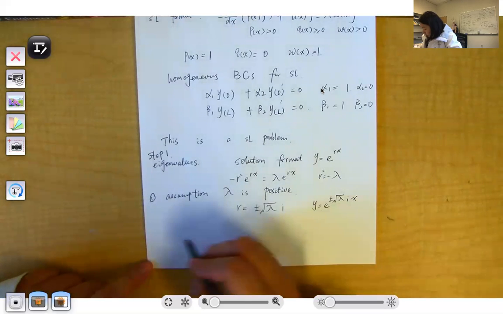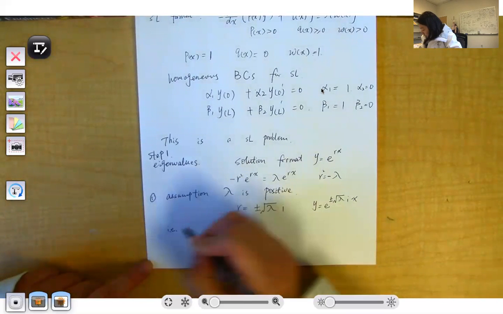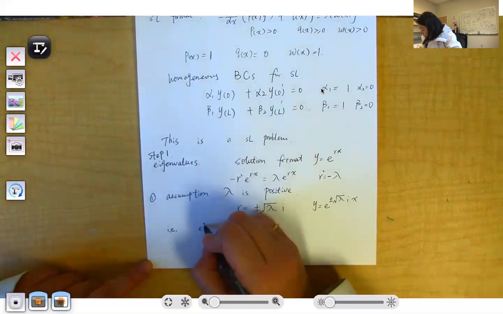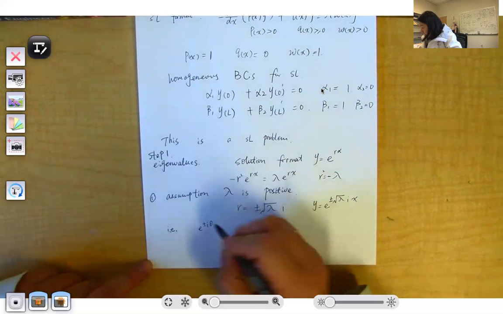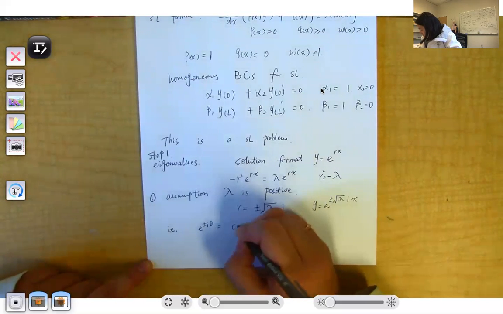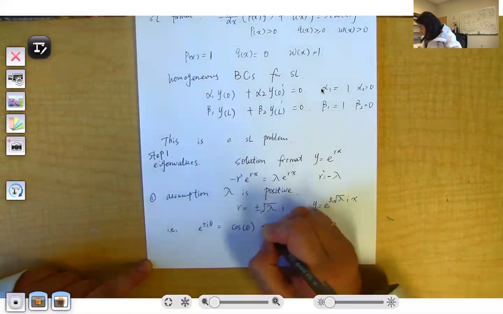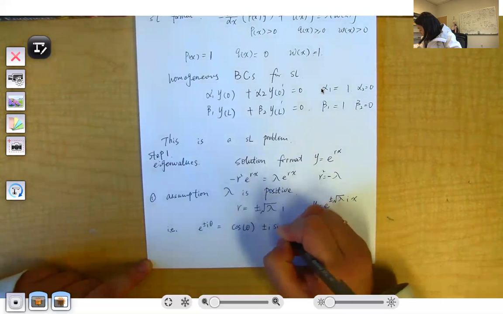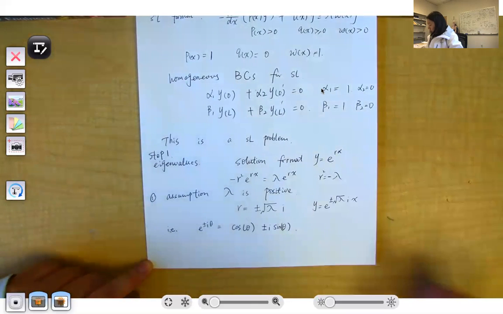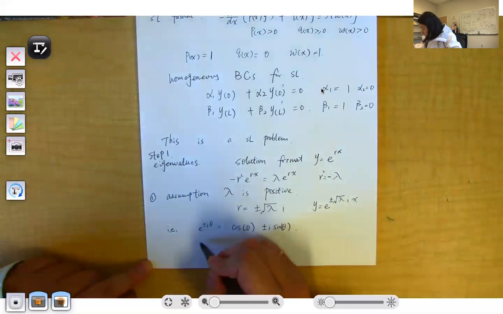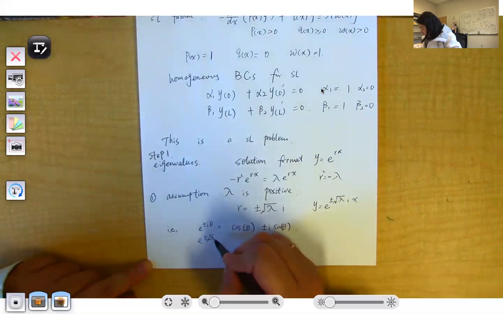So e to the plus minus i theta equals cosine theta plus minus i sine theta. Okay, so for our case, this e to the plus minus root of lambda i x will equal